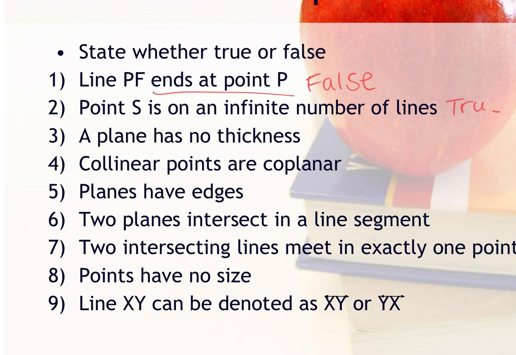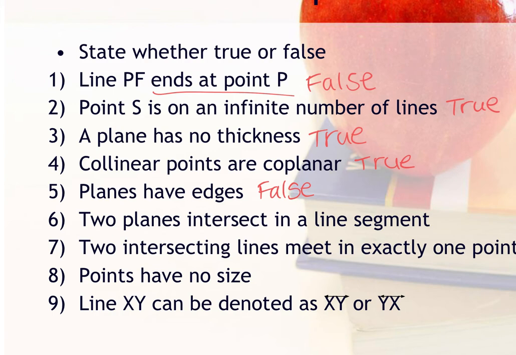This one's true. A plane has no thickness. This one's true. That's part of the definition of a plane. Collinear points are coplanar. This one's also true. If they can fit on a line, they can fit on a plane. Planes have edges. This is false, okay? Although we draw the edges of a plane in a diagram, technically they have no edges because it continues on